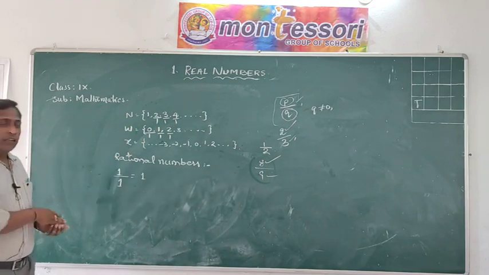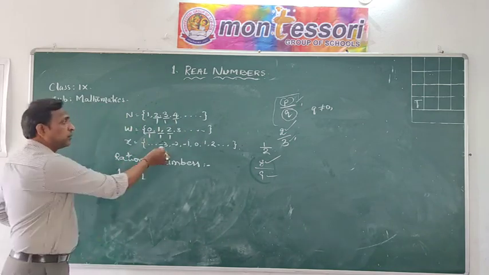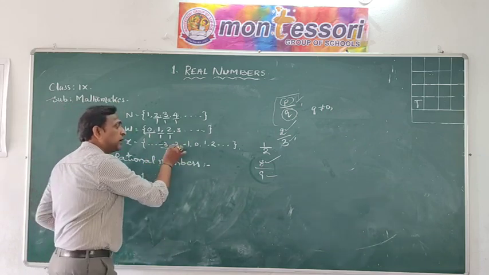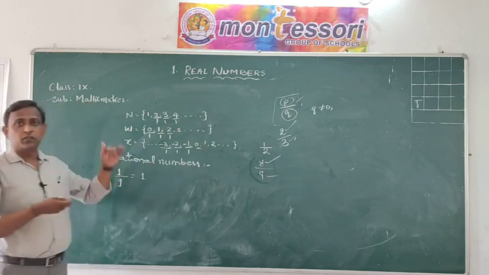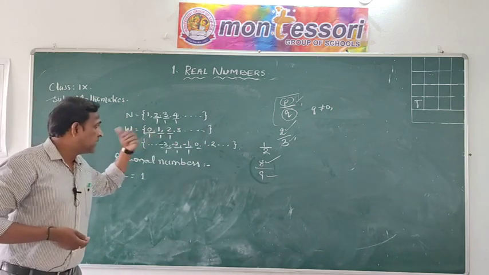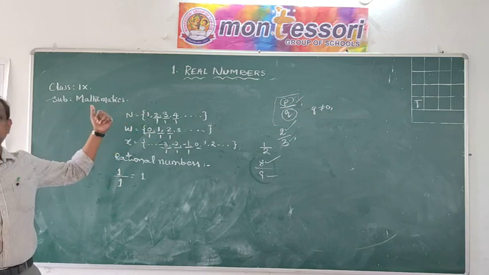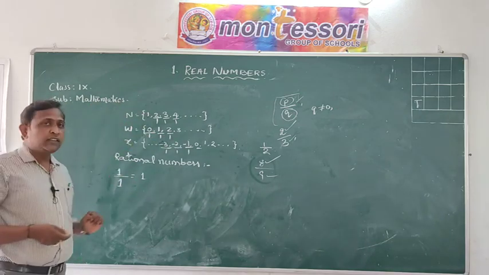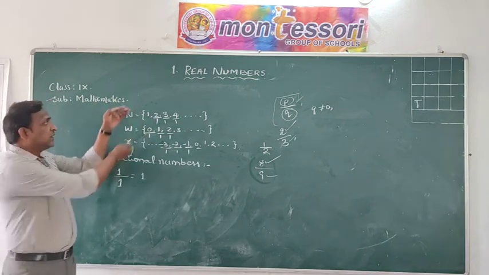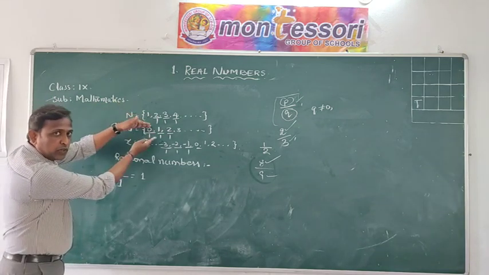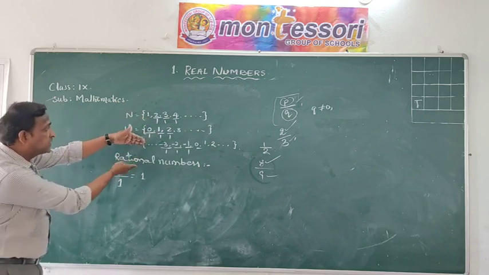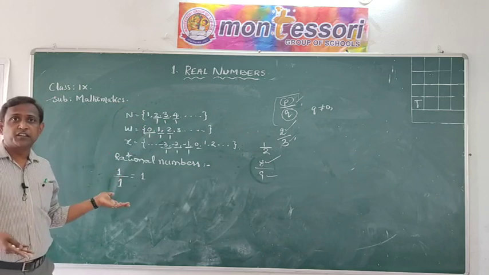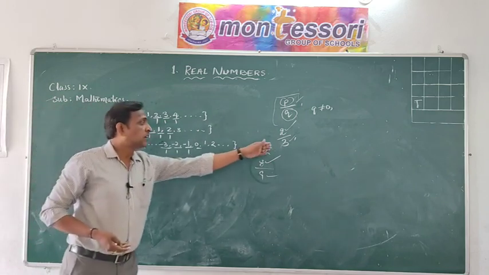And similarly, if you come to these integers, minus 3, minus 2, minus 1, 0, even if you write them also divided by 1, without changing the value, we have expressed each and every integer in the form of p by q. So these integers are also rational numbers. That means these natural numbers are a part of the whole numbers, which are a part of the integers, and all these three together are rational numbers, and along with this we can write 1 by 2, 8 by 9 like this.